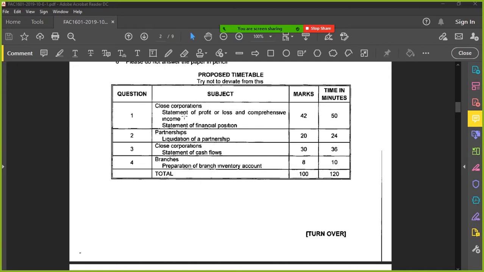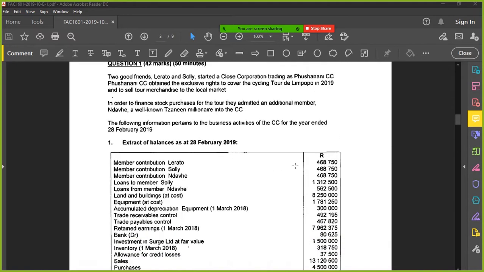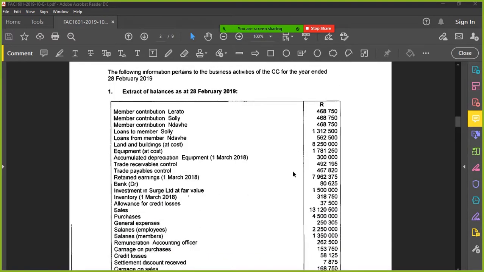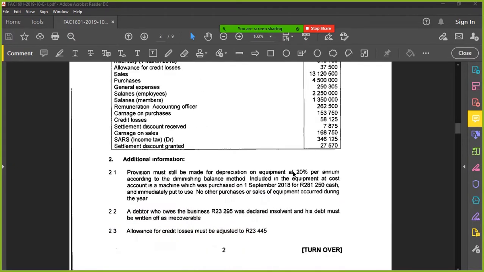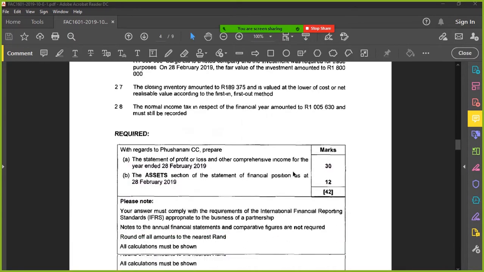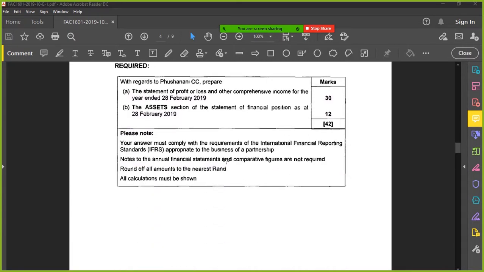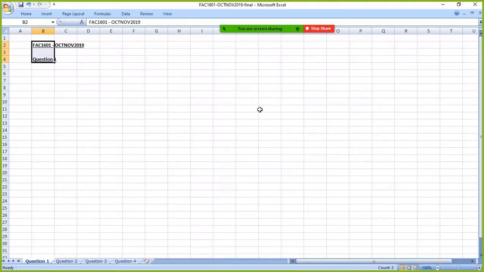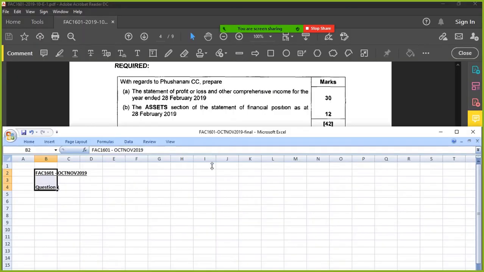First question is disclosure. CC, statement of profit and loss, and a statement of financial position. Okay, let's have a look at it. Okay, you've got an extract, you've got adjustments. The required is important because you have to draw up the requirements. Okay, so A,